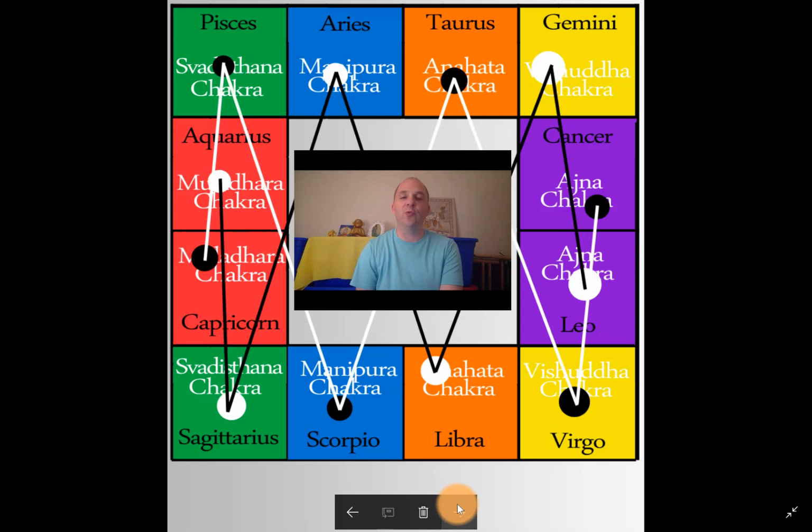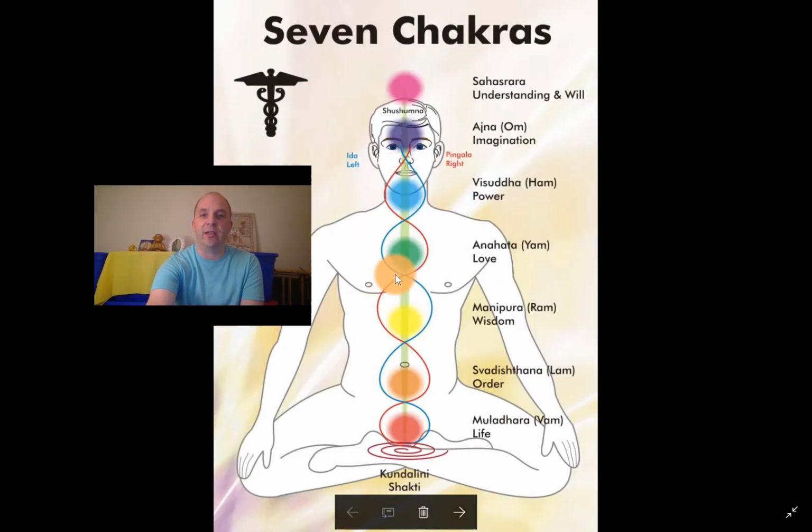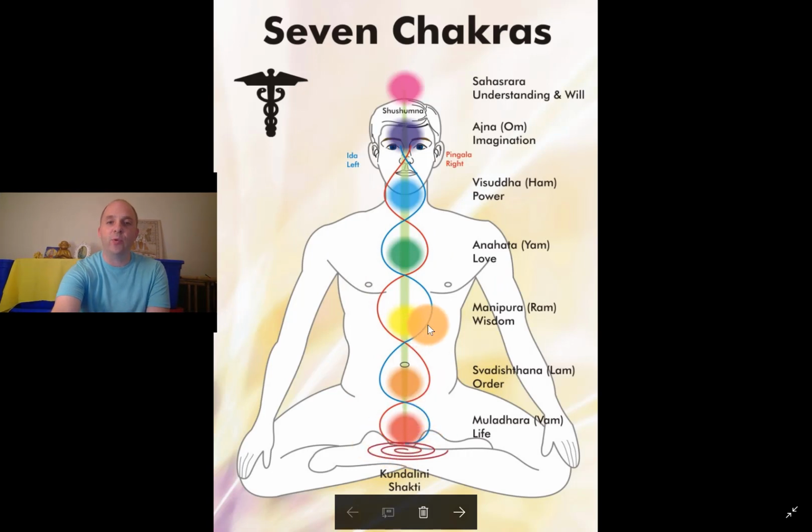That's one way. You can also look at these as going from one masculine sign to the next masculine sign, which would be going from Aquarius to Sagittarius to Aries to Libra to Gemini and finally to Leo. That's the flow of the masculine energy through our chakras. Because there are two ways to look at it, and that's shown here by the twin.